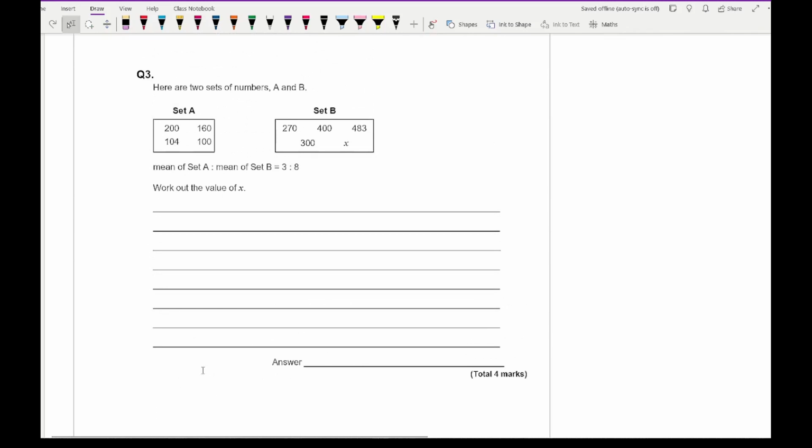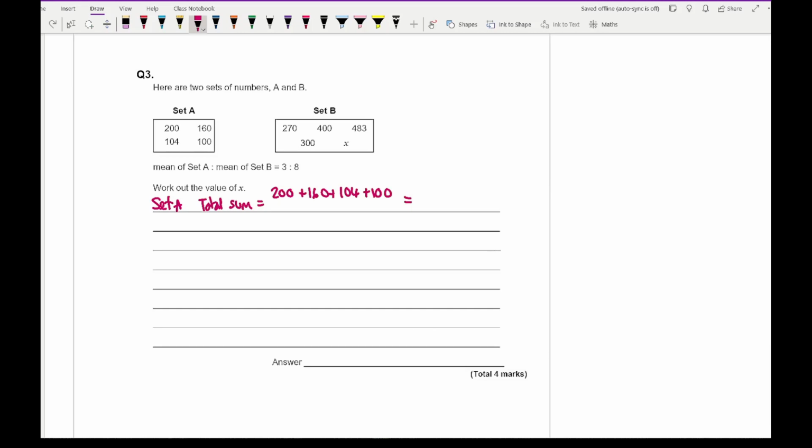Moving on to question 3, it says here are two sets of numbers, a and b. It says the mean of set a to the mean of set b is in the ratio of 3 to 8. Work out the value of x. So the first thing we need to do is look at set a. The total sum is going to be 200 plus 160 plus 104 plus 100. And if I type that all into my calculator, I get